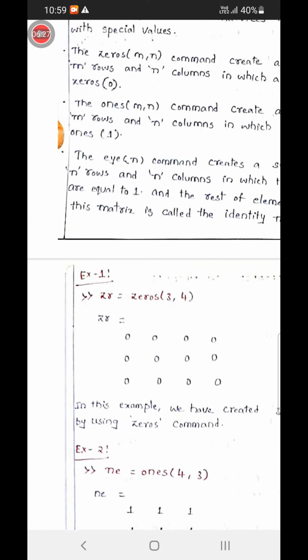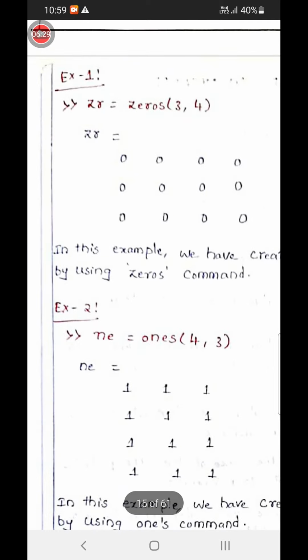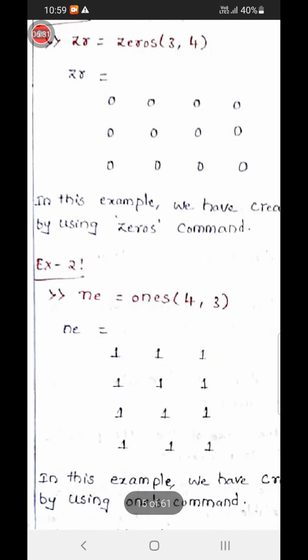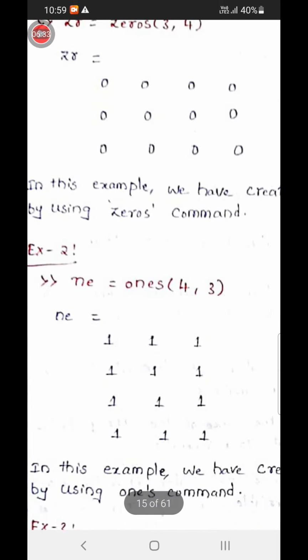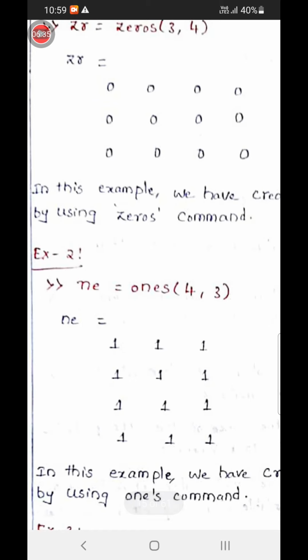And next, see example 2. ONE assignment ones in the curved parenthesis 4 comma 3. 4 rows, 3 columns, and all the elements are going to be ones only, because it is the ones command. We are creating all ones in 4 rows and 3 columns.